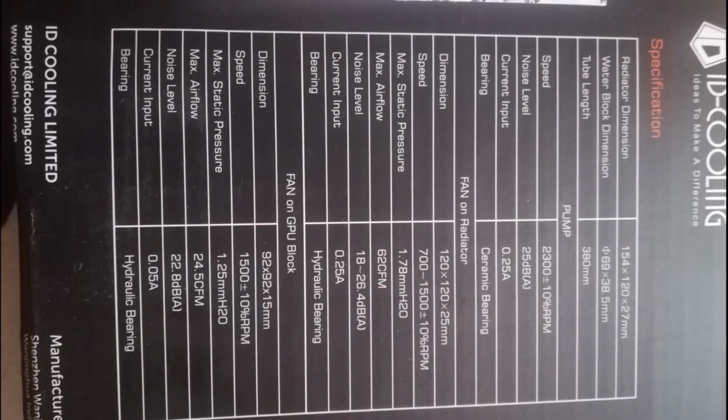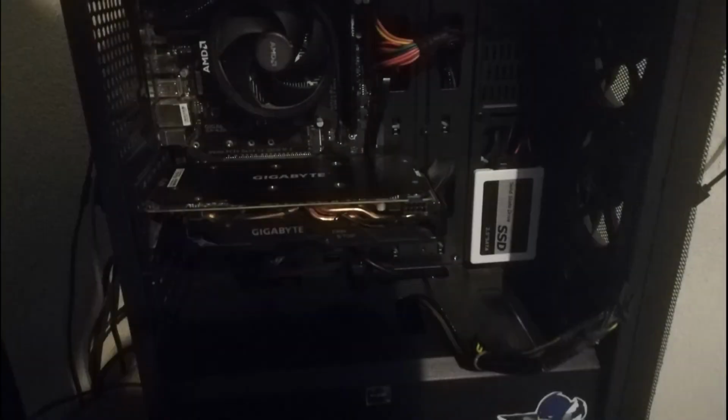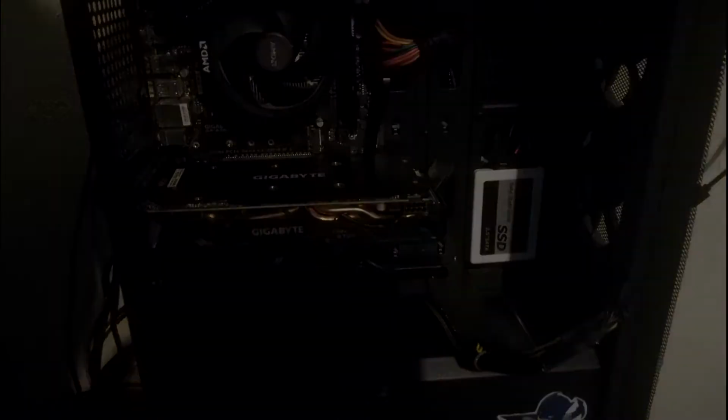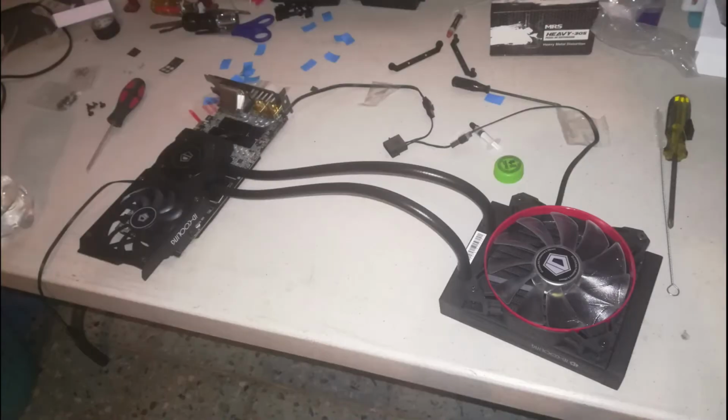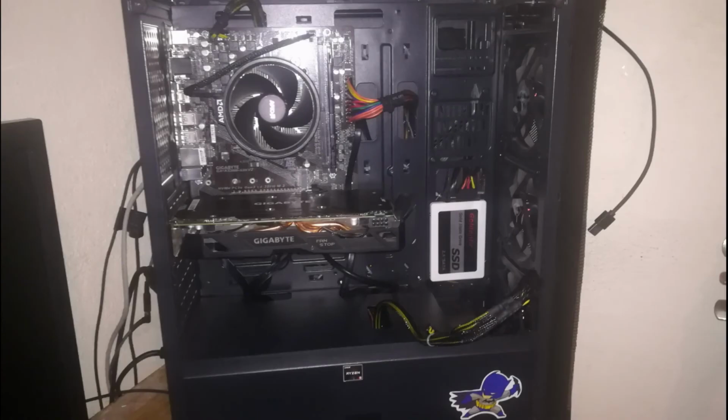So I'm just gonna show a couple of images here that were on the box, a couple of pieces of information. This is how my computer used to look, and here we could see the AIO installed. Closer look. Doesn't cover very well, but works pretty good. And here's my